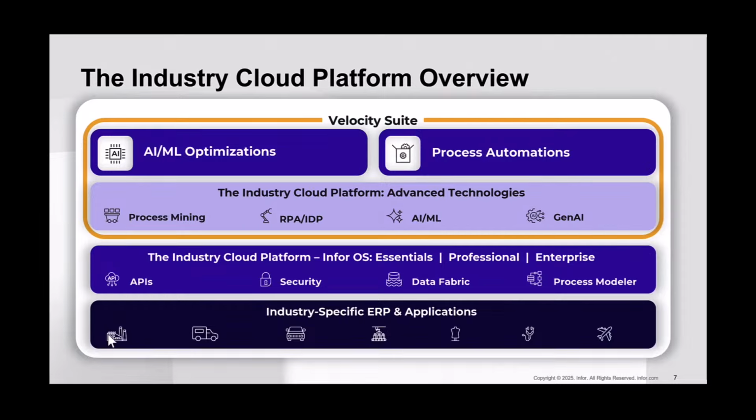But really, starting at the bottom here, I like to start at the bottom and then go up. We have our industry-specific ERPs and applications. Those are kind of the core of our business and what our customers use. But they also leverage the industry cloud platform through a lot of those industry-specific ERP applications. So we have components like our APIs, security, data fabric, the process modeler. And then this new component called Velocity Suite houses a lot of our advanced solutions like process mining that I